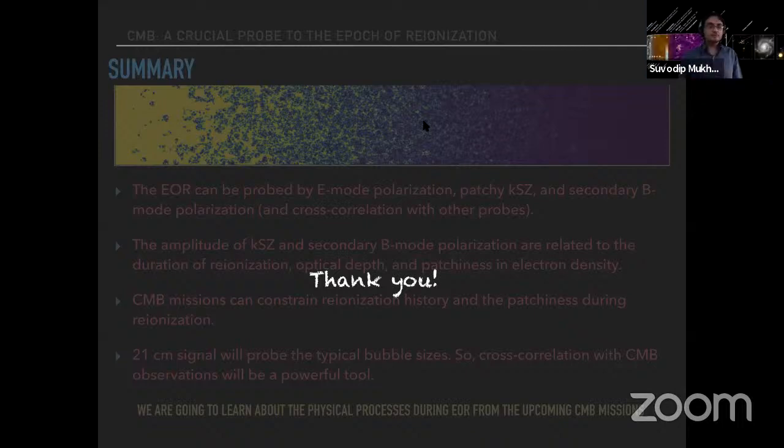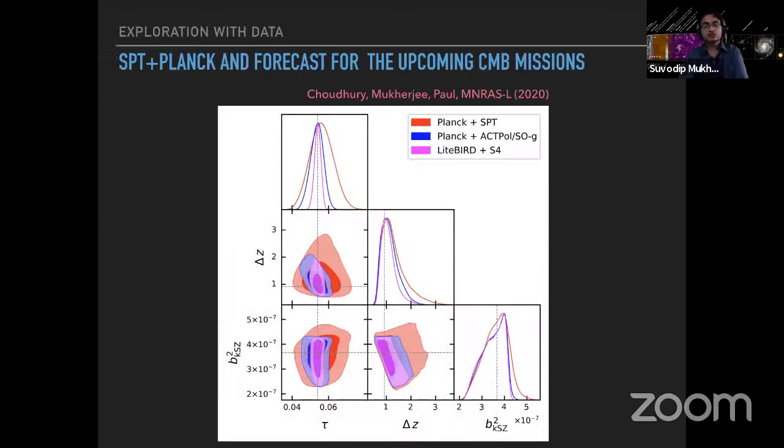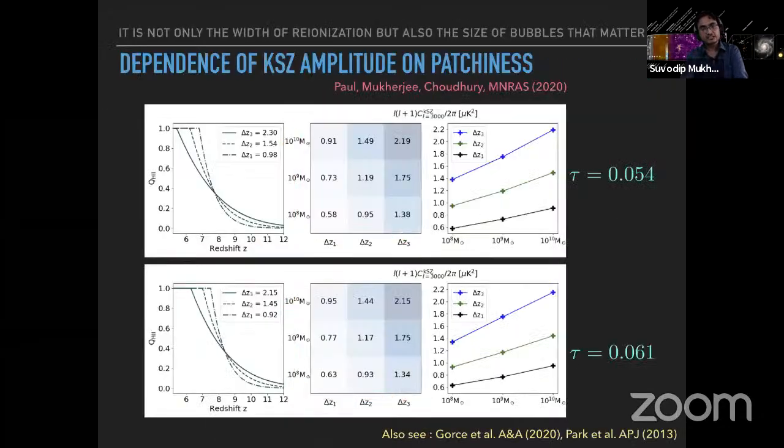Yeah, so let me rephrase the question slightly differently. Let me say at first, which part of the redshift we mainly see the effects from. Wait, I want to change my slide. Just give me a minute. So the main part of the reionization history which we probe is when the universe is significantly ionized, about 40% and above. Even if some things are happening earlier, we really don't measure it well.